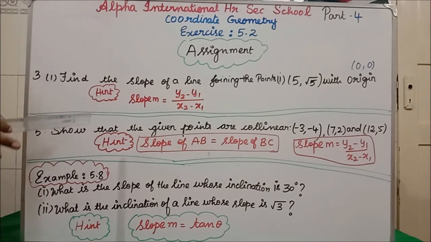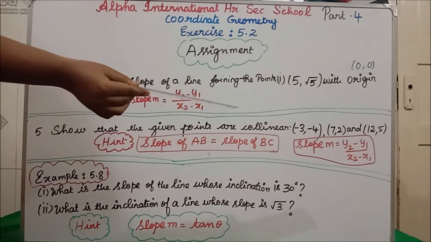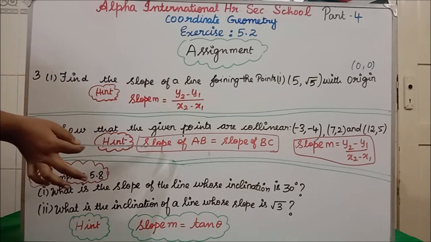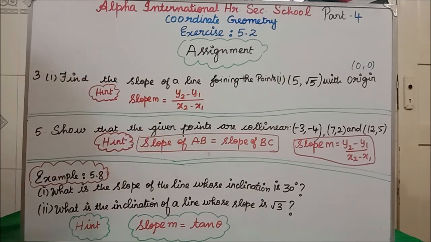Fifth question, show that the given points are collinear. Collinear means, as I have told you, using the concept of slope, we have to find slope of AB equal to slope of BC, or slope of AB equal to slope of AC, or slope of BC equal to slope of AC. Any two among the three you can find. I have told you when we were doing the problems. So the same concept only. Here also you are going to use the 2-point formula only. If you are getting the same answer for both slopes, you are going to write the last line: therefore, the given points are collinear. Students, for this fifth question, the problem is collinear only, so you have to get the same answer.